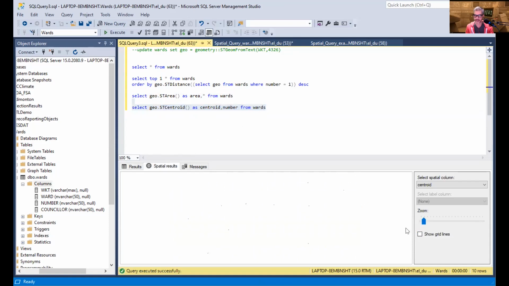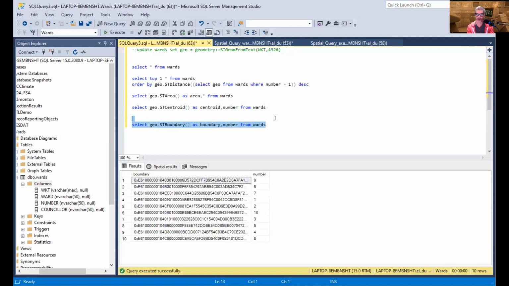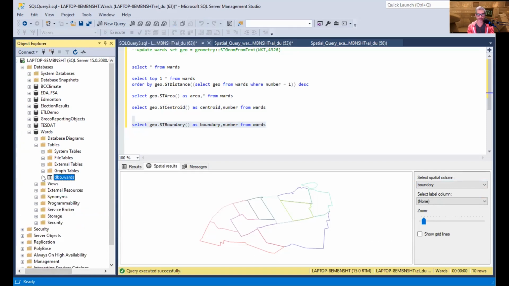Not too easy to see, but what you're looking at here is a set of 10 dots, 10 points, okay? Those points are the center point of each of the wards. Another handy method, okay? One last quick demo of this, and we are going to now get only the boundary of each ward. Okay, so rather than getting the polygon that represents the area of the ward, we are now getting back lines representing only the boundary. Lots of neat stuff that you can do with geometry and geography data types in SQL Server. Okay, so